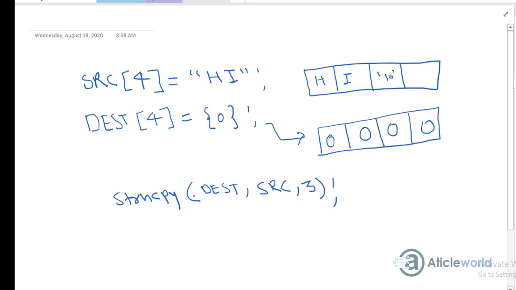So here you can see I have passed the destination array address, the source array address, and the number of bytes which I want to copy. Here I just want to copy only 3 characters. So what will happen?